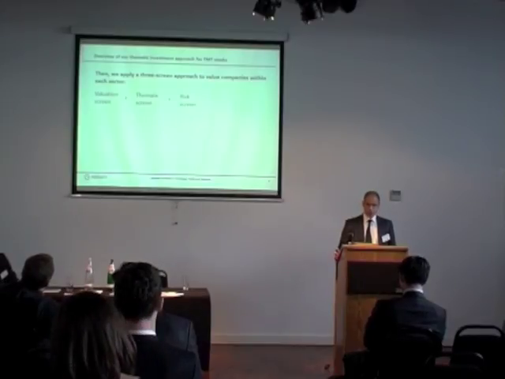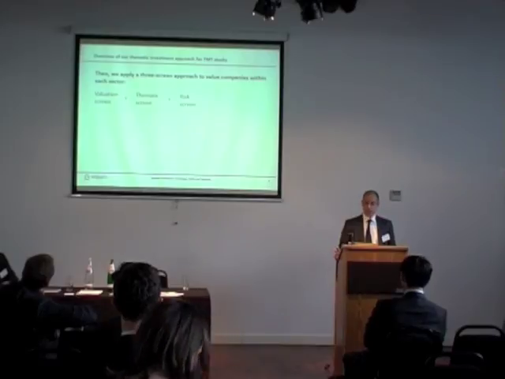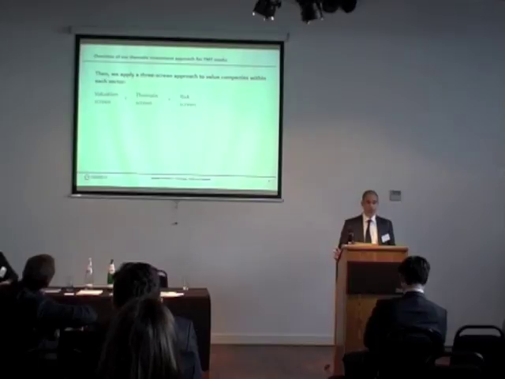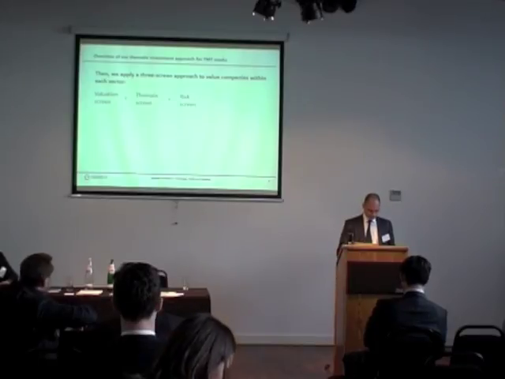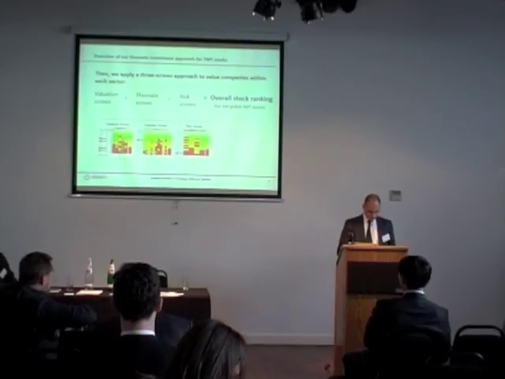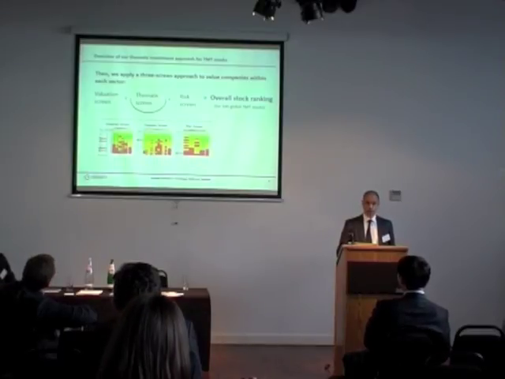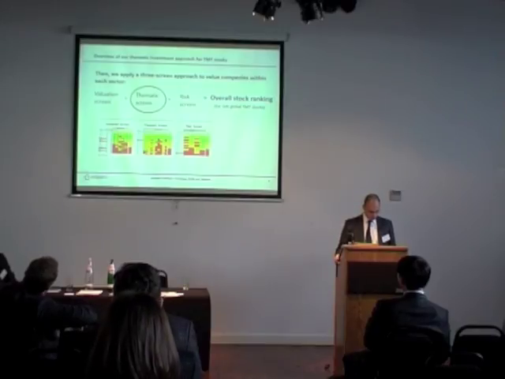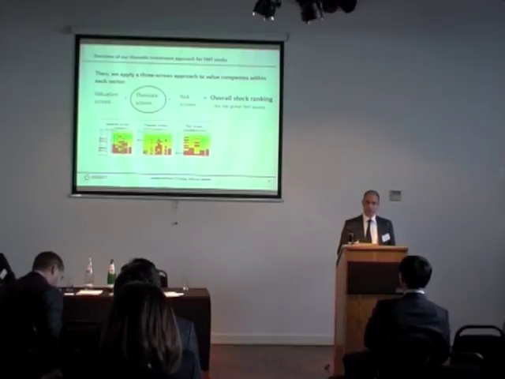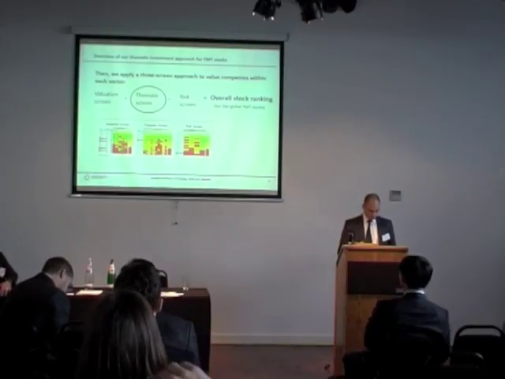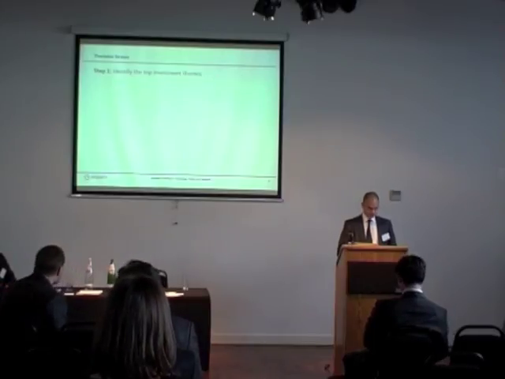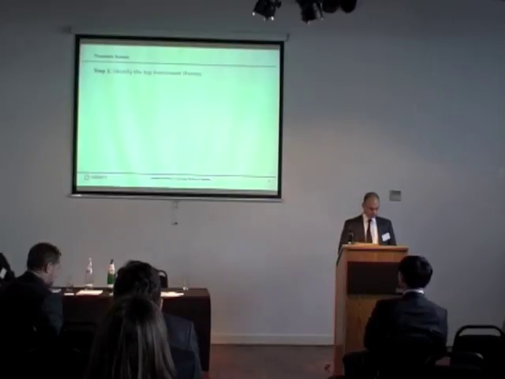And finally, we have a risk screen, which ranks stocks within a sector by the level of investor risk as we see it. We split it into four areas: governance risk, accounting risk, political risk, and technology risk. Then we consolidate the scores on these three screens to produce an overall ranking for the top 500 global TMT stocks. Now, valuation screens and risk screens are nothing new to you guys, but what's unique about our approach is our thematic screen. So let's see how that works.